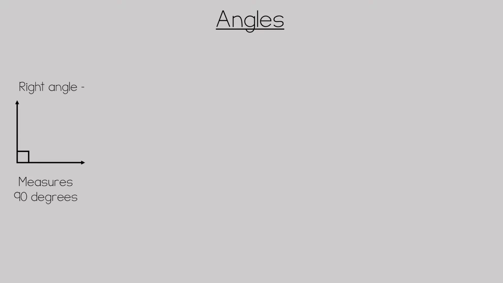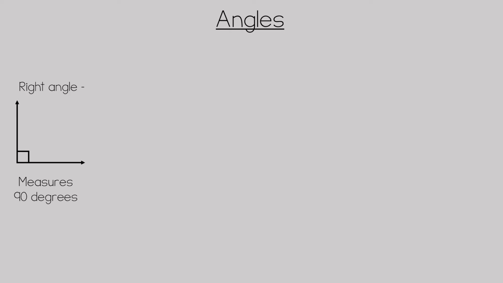Right angles are when two lines meet to form a perfect square. The square is measured as 90 degrees. We know that an angle is a right angle because there's a square in the corner of the angle. In order to classify angles, we want to be able to identify if an angle is greater than or less